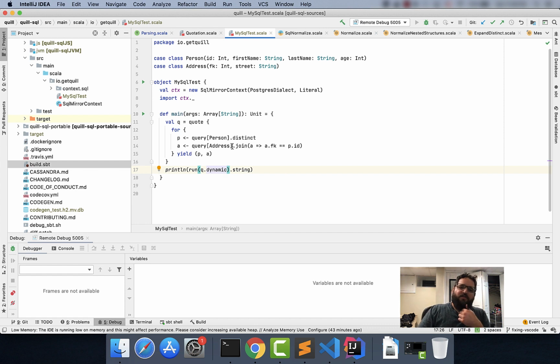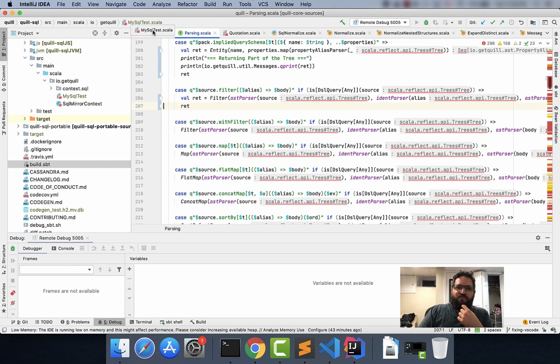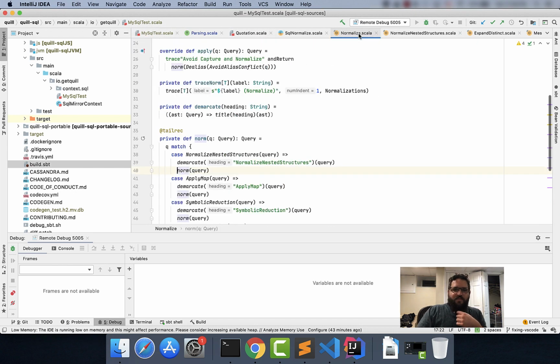The query parsing phase still will happen during compile time because it's a macro, but the actual normalizations will run only during runtime. So what you can do is set a breakpoint here,